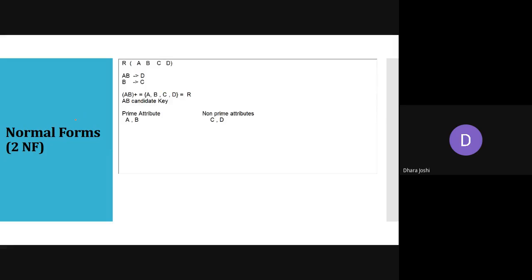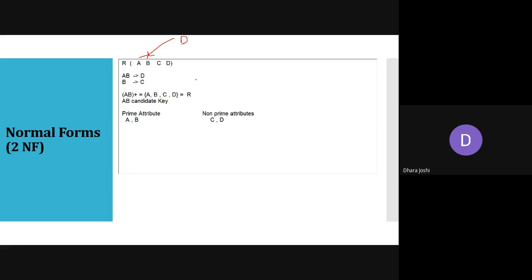The rule is that C और D, इसमें से अगर D को आप देखें तो D किस पे डिपेंडेंट है? A और B दोनों पे ही डिपेंडेंट है. It is a combination of both. तो कोई भी एट्रीब्यूट है जो कि नॉन प्राइम एट्रीब्यूट है वो फुली डिपेंडेंट हो सकता है, यानी कि A and B combined can generate a candidate key, तो D वो दोनों पे ही डिपेंडेंट है, it is valid. बट अगर वो पार्शियली किसी पे डिपेंडेंट है, पार्शियली मींस एनी वन ऑफ द एट्रीब्यूट, then it is not allowed in second normal form.